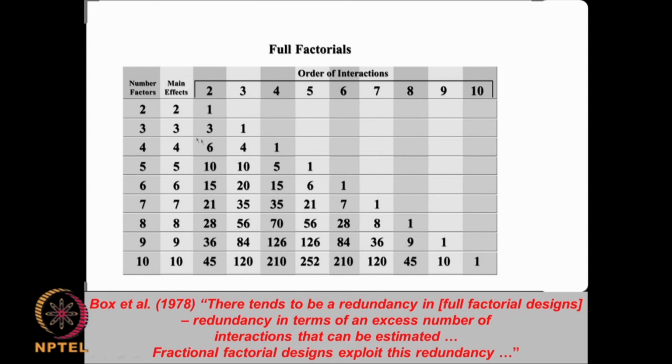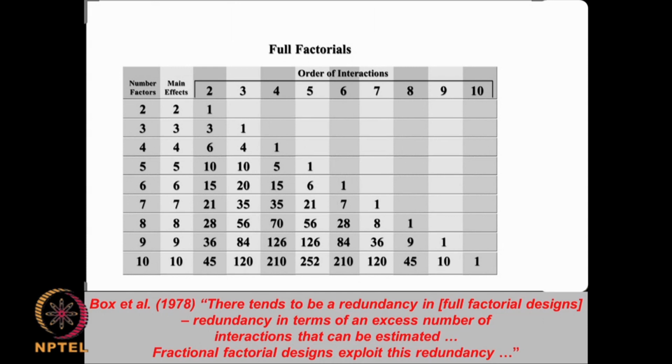So, all this portion is redundant, so all these experiments are a waste. That is why it is better to always do a fractional factorial design. As you know, everybody likes to do fewer experiments because of time constraints and resource constraints, but with fewer experiments we should be able to get as much information, especially the main effects and the main interactions, okay, the two factor interactions AB, AC, AD, BC, BD, these are the things we are interested